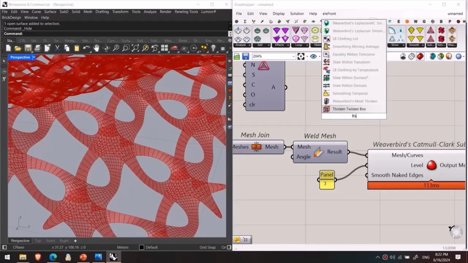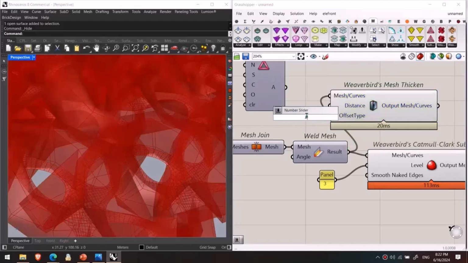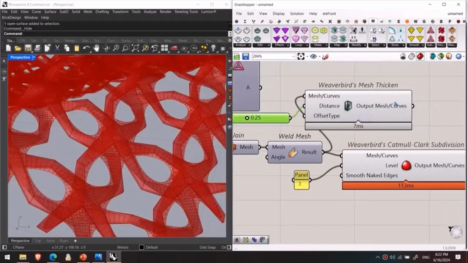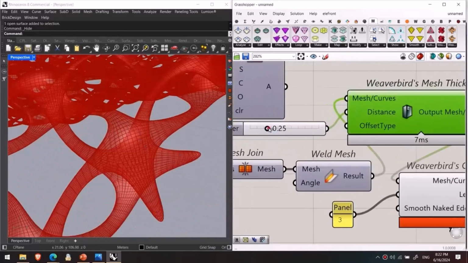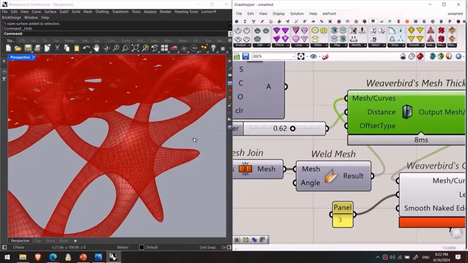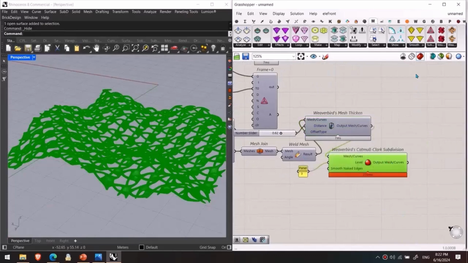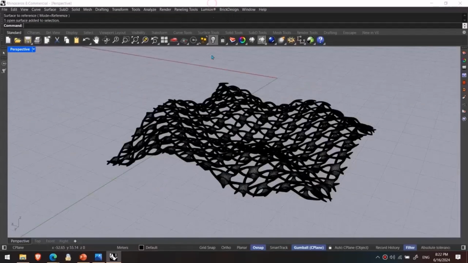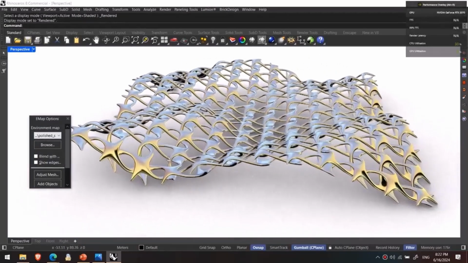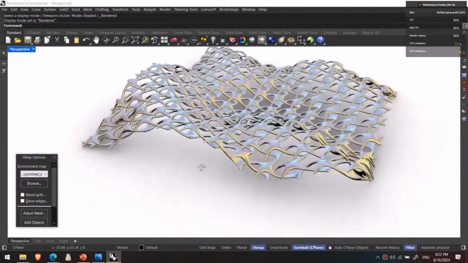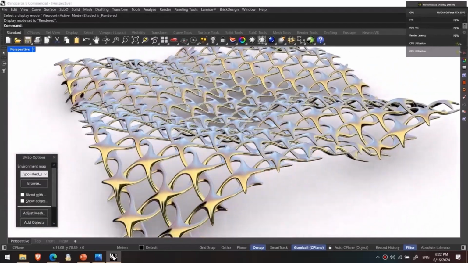Let me search for thickness, thicken actually, for thickening the mesh, 0.25 for the distance. As you can see, we got the solid objects. I increase the distance. Well done. I bake this object, and then we get back to Rhino. And in order to work on it more, check this out. I have associated the polished material,